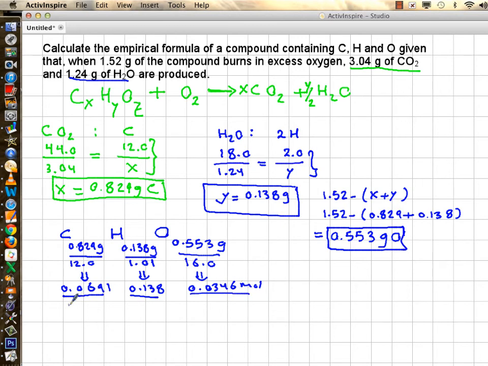Now we divide by the smallest to at least convert one of them into whole number 1. 0.0346 is the smallest among all three of them, so we divide each by 0.0346. When you do this, you will see you have 2 carbons, 4 hydrogens, and 1 oxygen. So your final empirical formula is C2H4O,